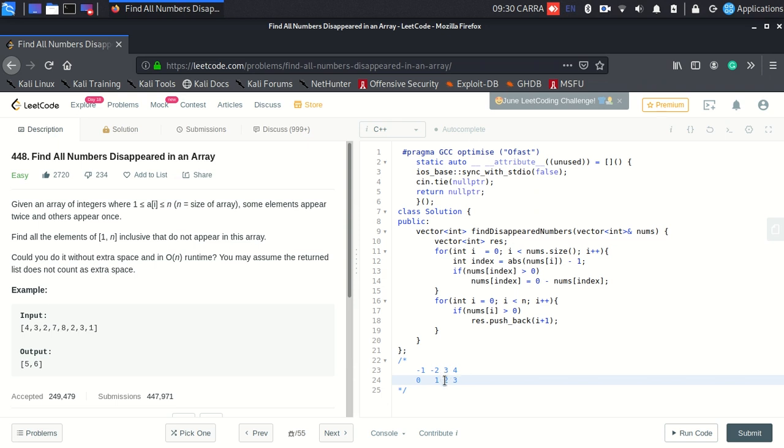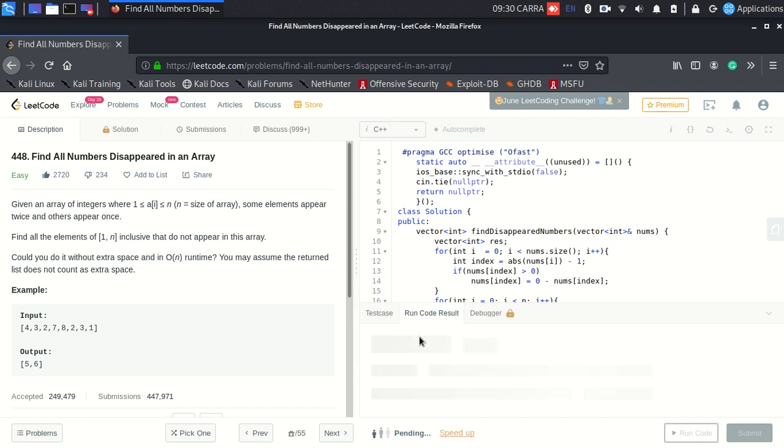So if I go by the index, my program would tell that my second element is not present in the array, but my second element is present because I have marked it minus 2. So basically I need to tell that my third element is not present. That boils down to i plus 1: the number i plus 1 is not present. At the last, I'll return res, and that would pretty much do it.